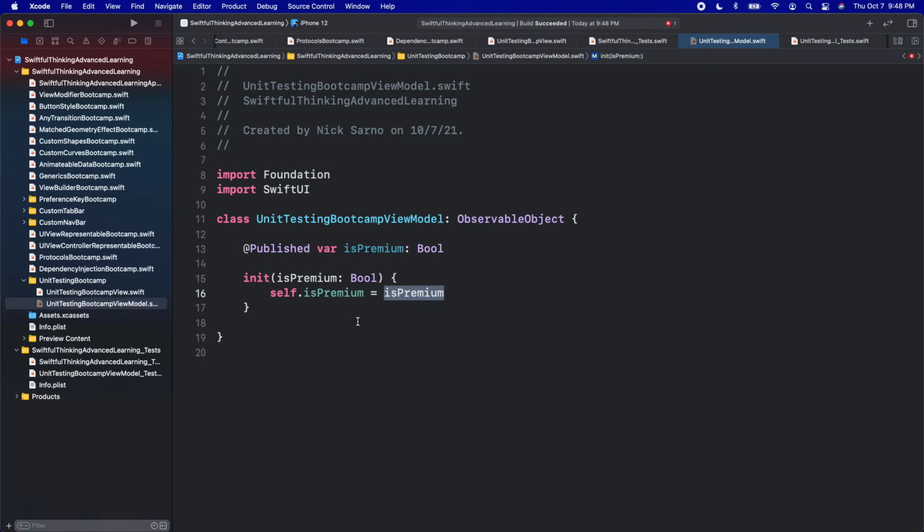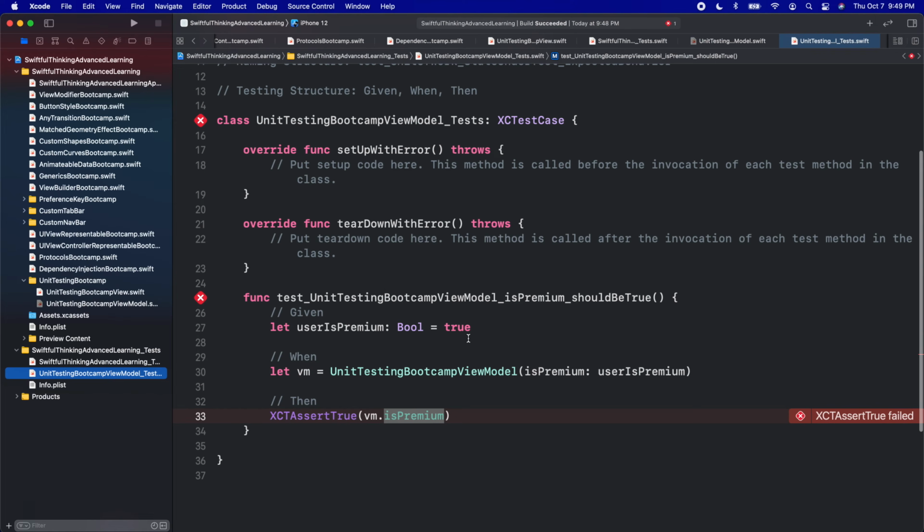Well, the big reason here is that it works right now. But if down the road we decide to change some logic in our app, or another developer comes in and tries to change some logic, there's a chance that they might not know about this logic and they might change something that ends up changing this logic. And by having this test, we can just make sure that our view model is always going to be functioning exactly as expected. So again, I'm going to run this now that we fixed it,